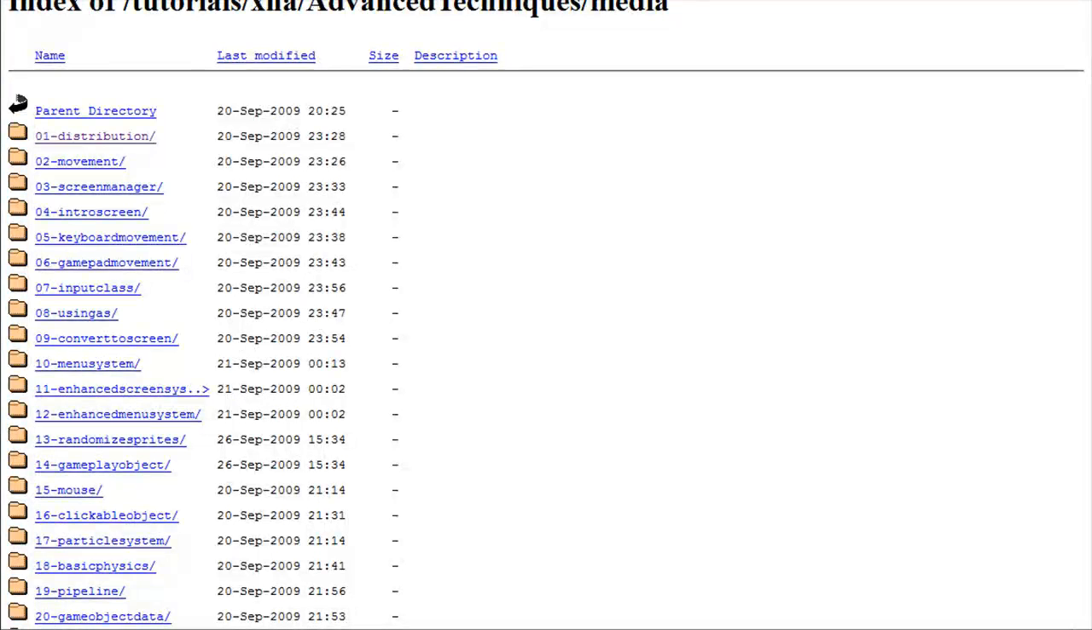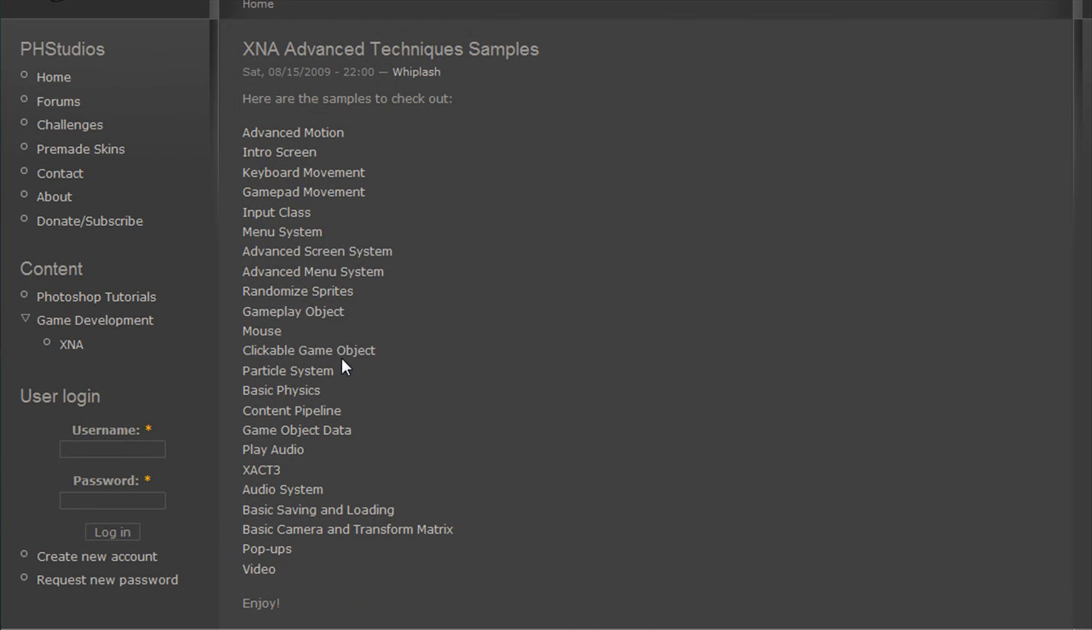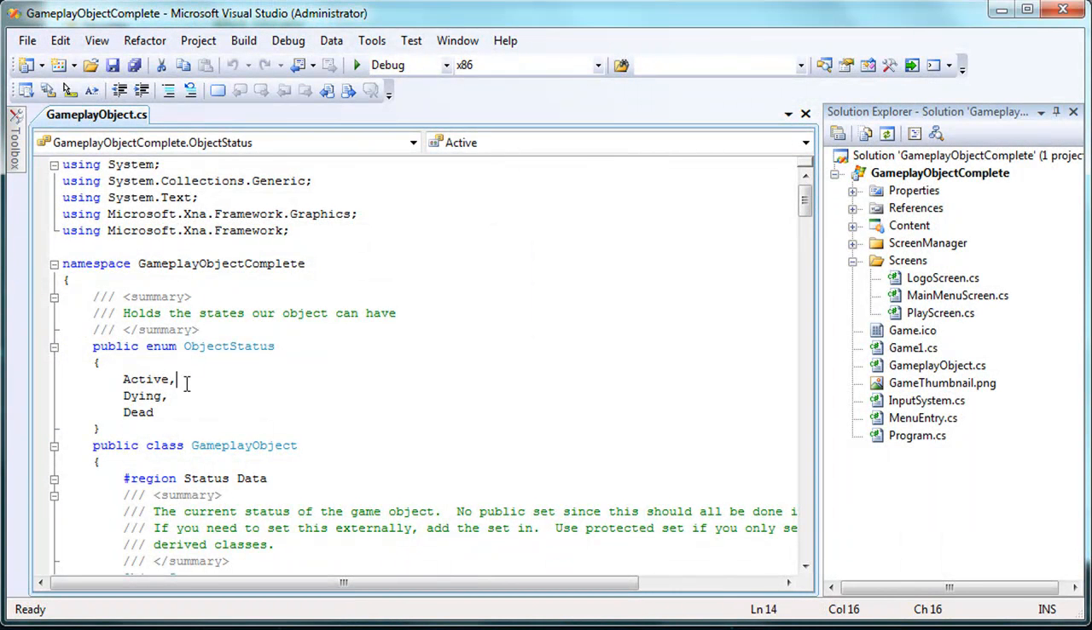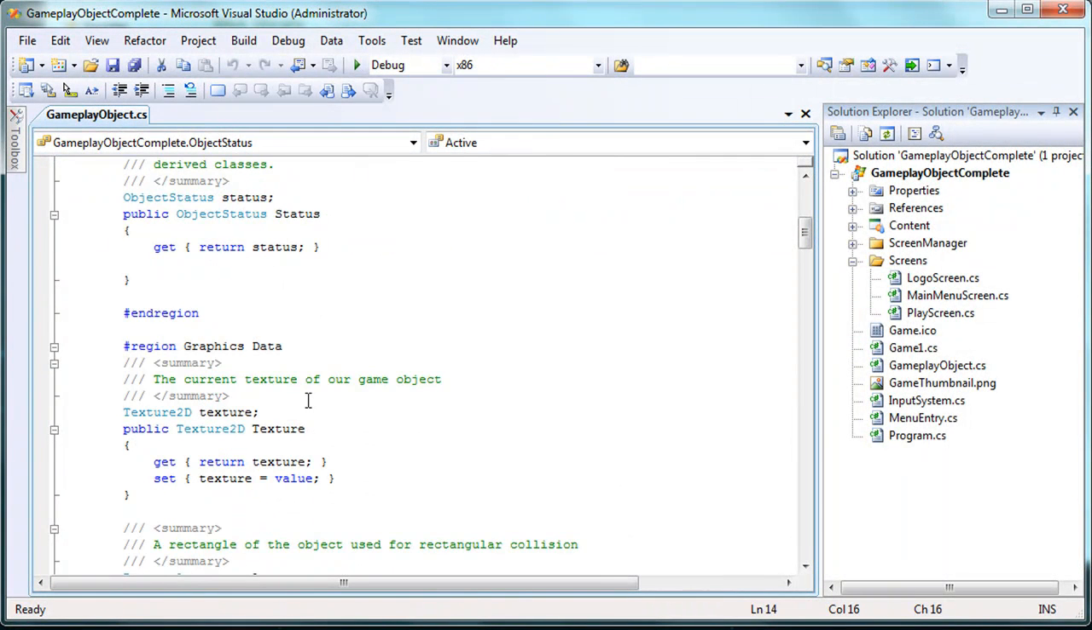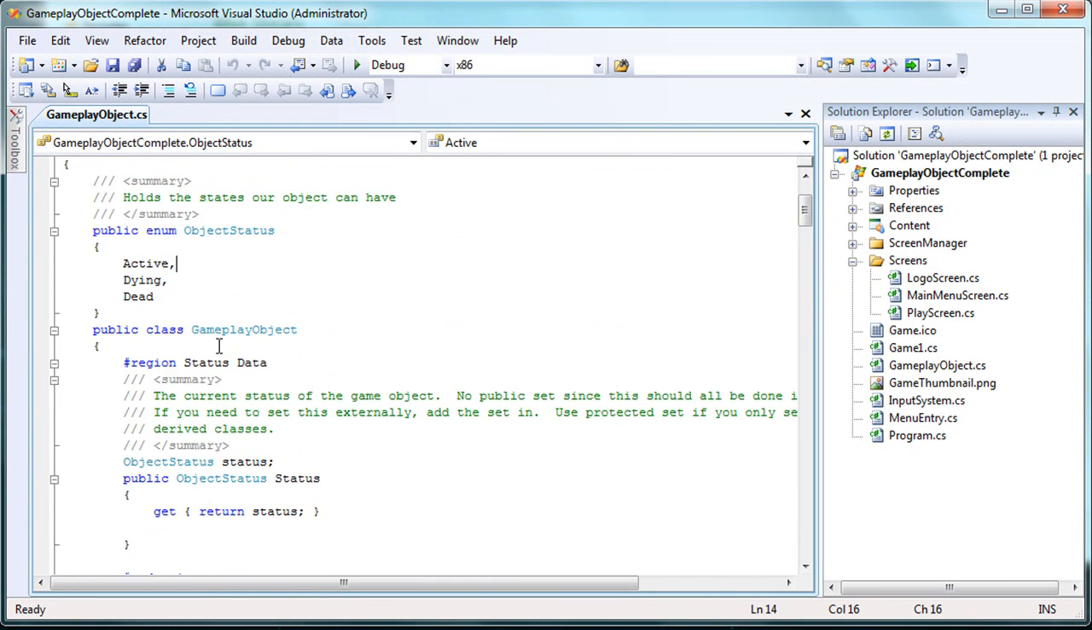Go to the main website. Go to the XNA Advanced Techniques samples and get the gameplay object. Grab that new gameplayobject.cs file and replace it with the one inside your project, because the enhancements in this are pretty cool versus the one in the space shooter. But anyway, for a block sprite,